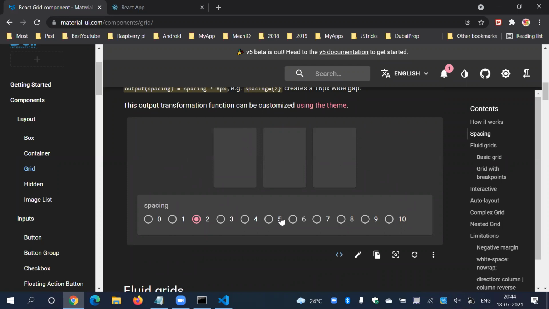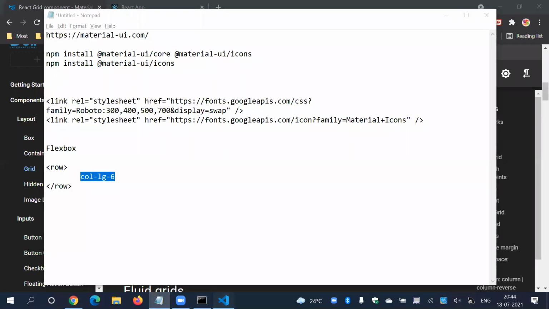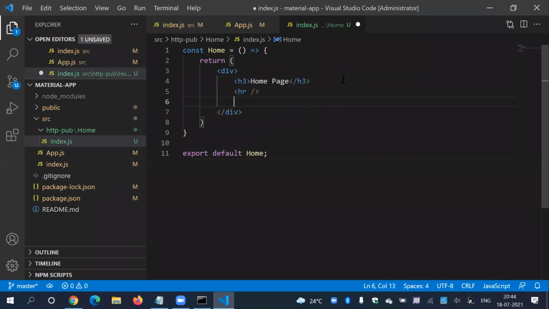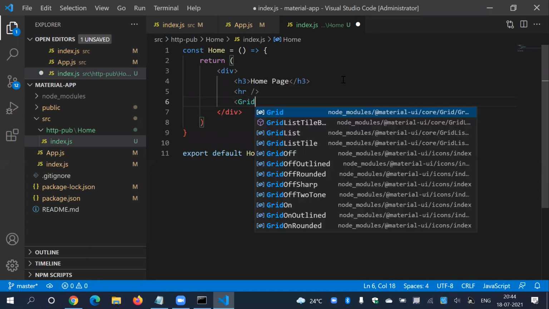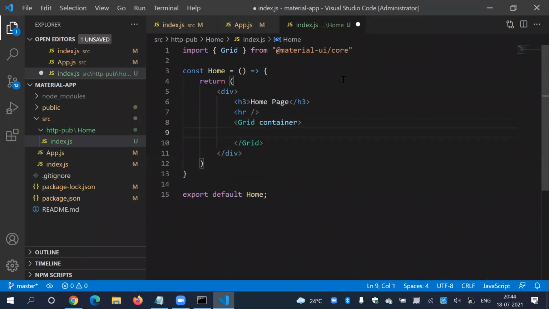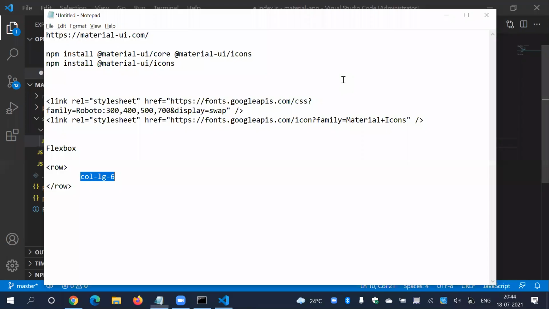So the row is basically here. Here we say Grid, and the row means here we have to say container, and the cell means Grid again, but here we have to say item. Let's say in the item I'm going to add